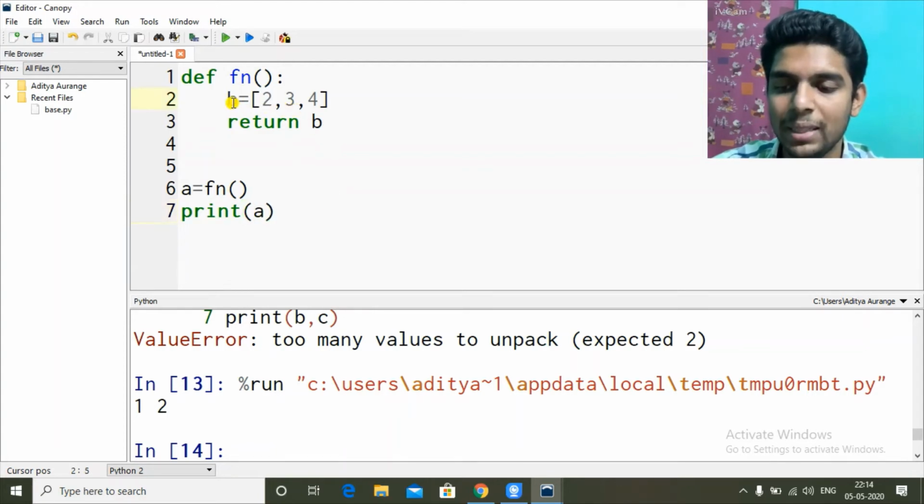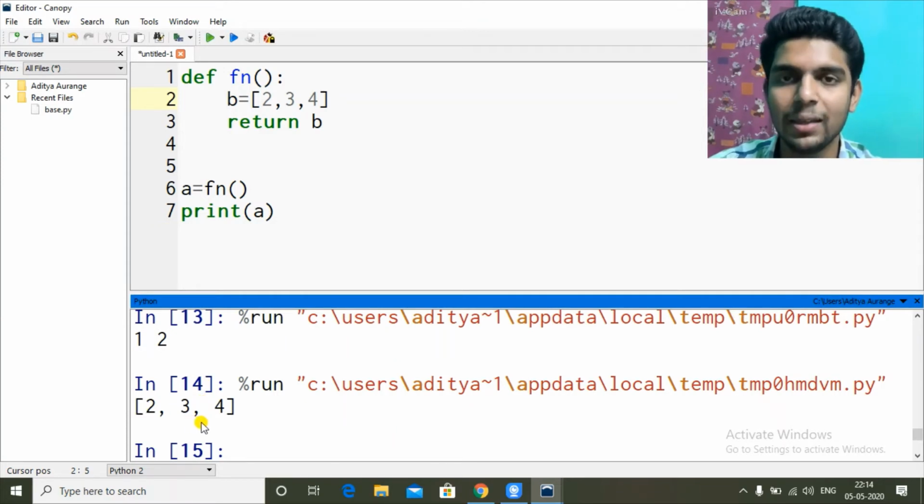Here I have a list inside a function and I'm returning that list. Simple, just return the variable which holds the list. So b will be received in a. a is the global variable, b is the local variable. If I print a, I will get the list. So I'm returning one list and it is received in a.